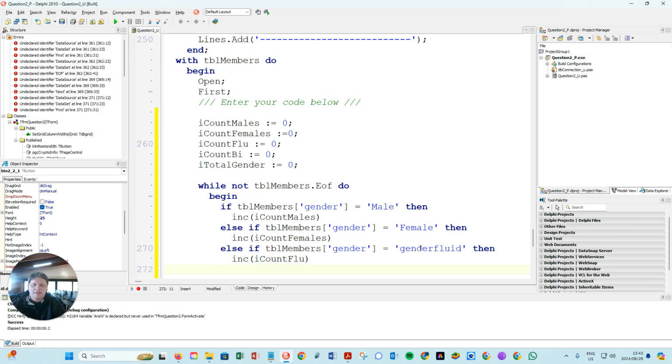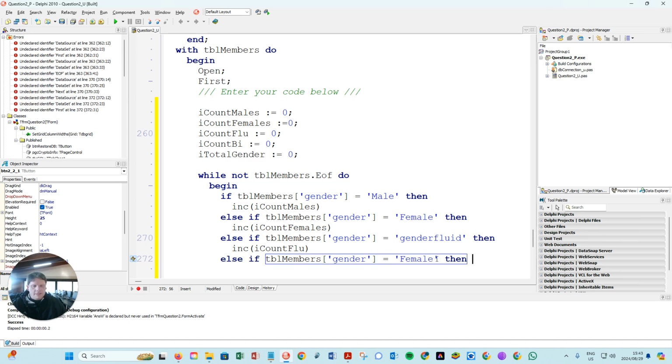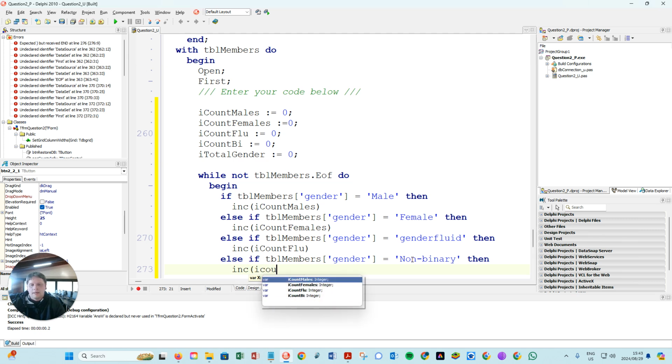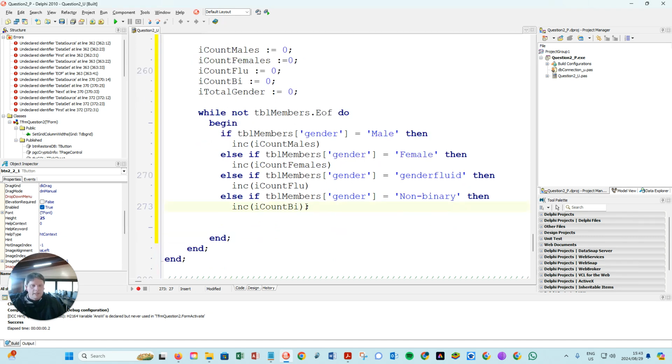Now there's only 4 genders in our database, but because something might be misspelled or there might be a 5th gender, we can't just do another else statement. We're actually going to say else if, and we ask again the question, if it's binary or non-binary, right? It's a hyphen, non-binary over there, then we increase iCountBinary. All right, or I should have called it non-binary, but anyways,